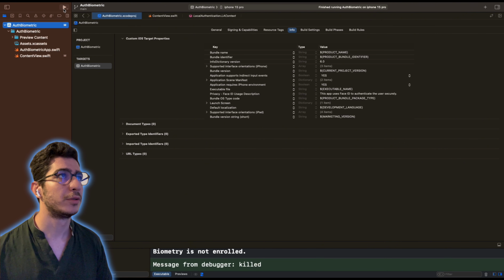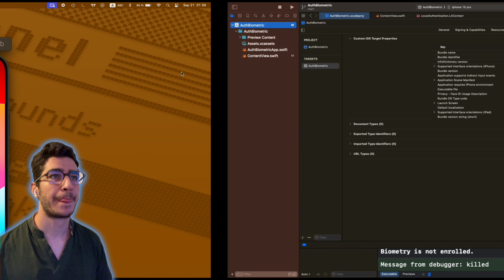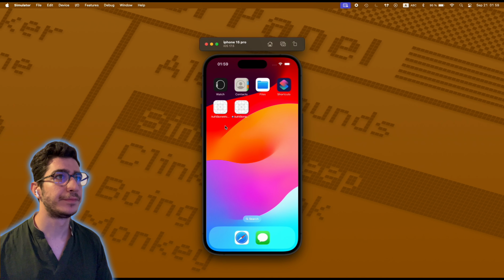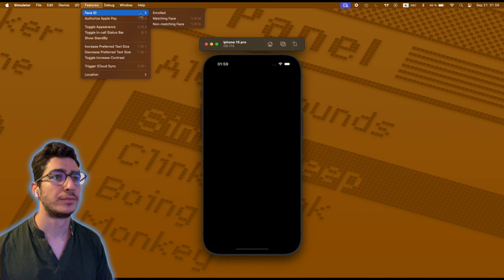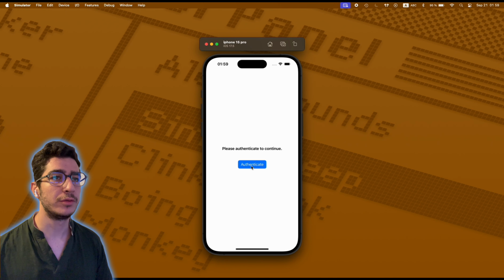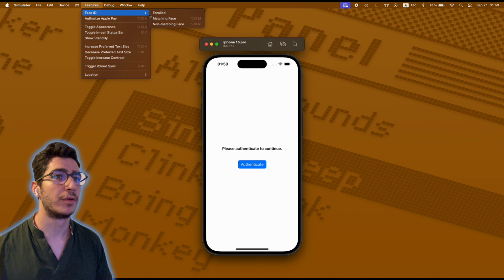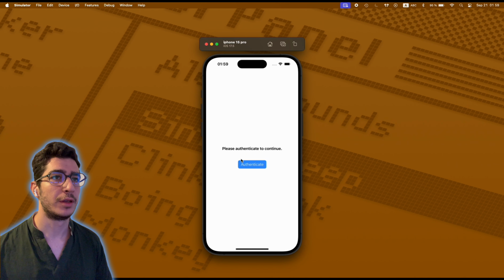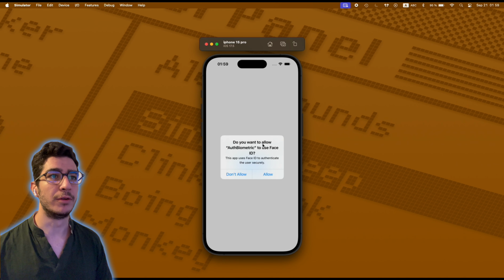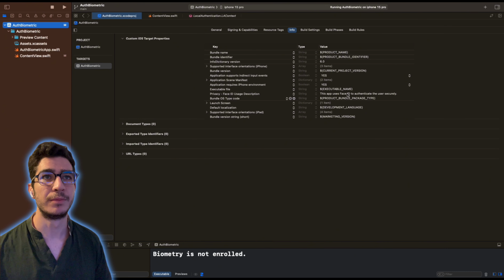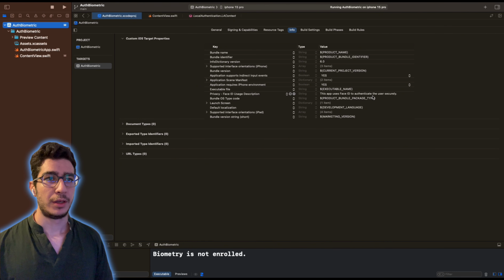Let me just, okay, rerun it. And here we are not enrolled, so privacy is not enrolled. And if I enroll it, yep. Do you want to allow Auth Biometric to use Face ID? This app uses Face ID to authenticate the user securely. So this message right here, as you can see. Allow,